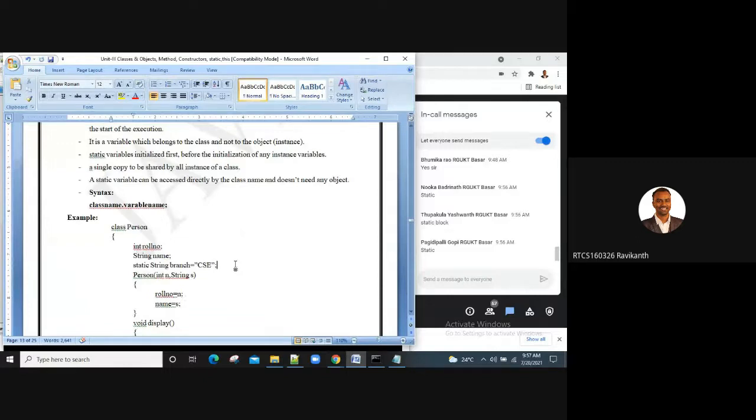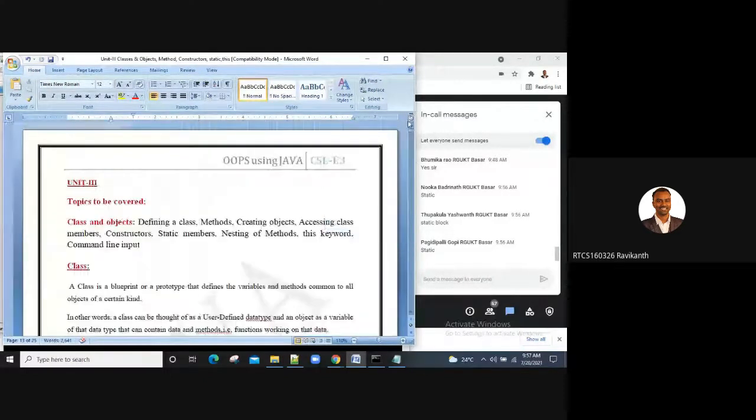Then in tomorrow's session, we will try to complete constructors, this keyword, and the next thing of methods. Anyhow, we have done with command line arguments in the previous sessions.